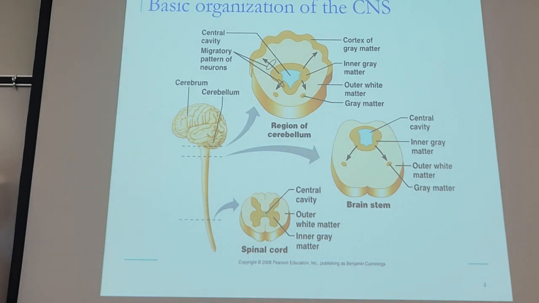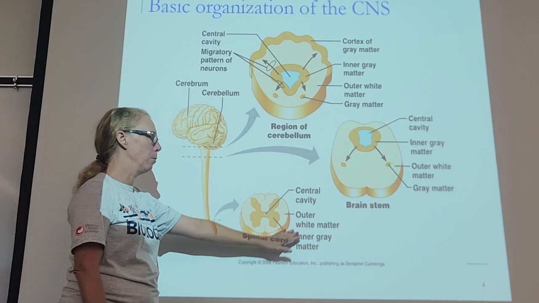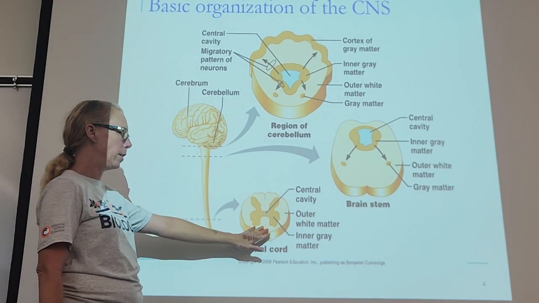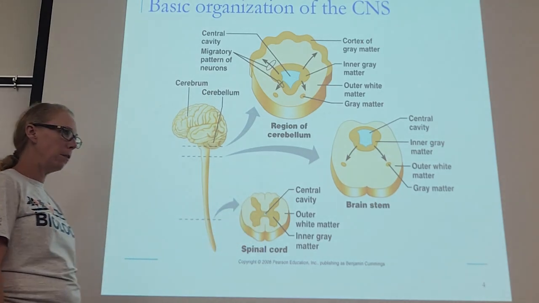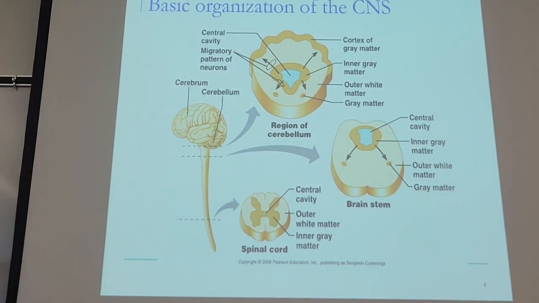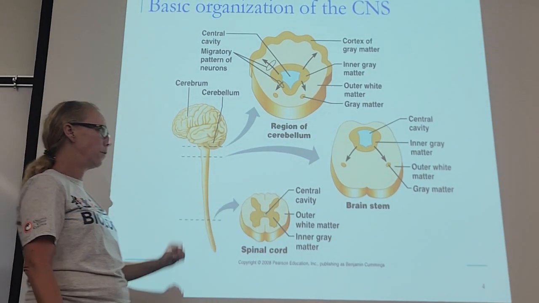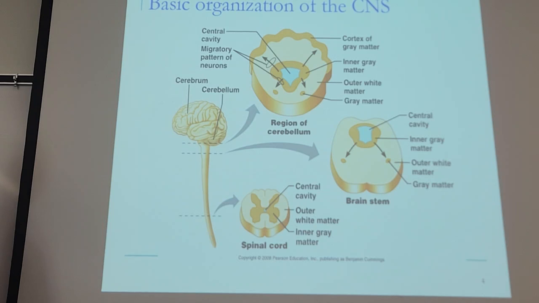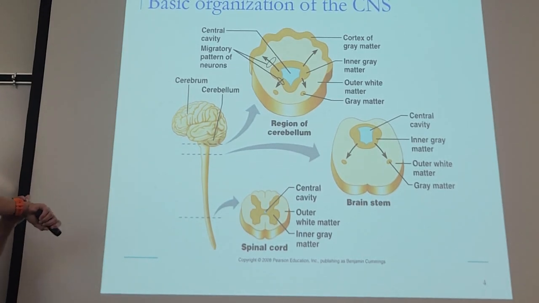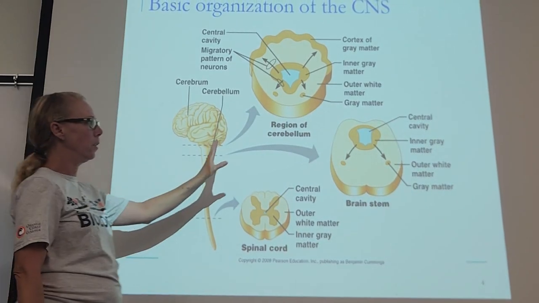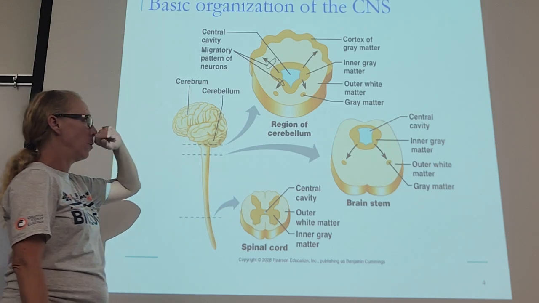Okay, so we've looked at this picture at the bottom here before. Spinal cord, we've looked at this in lab. We know that the gray matter of the spinal cord is deep to the white matter. It's got this butterfly type effect to it. In the middle there's a central canal or a central cavity that's filled with cerebrospinal fluid. Okay, but the brain's organization is a little bit different, okay? So the brain